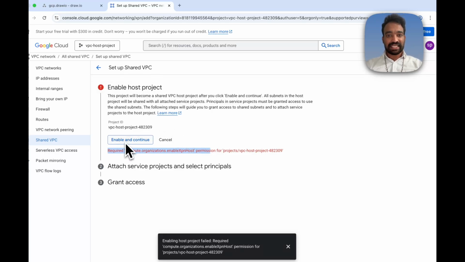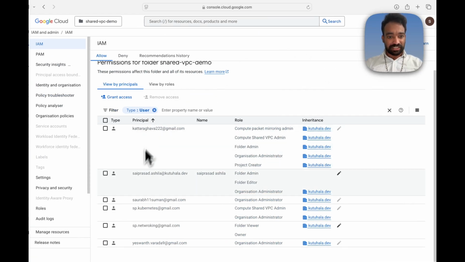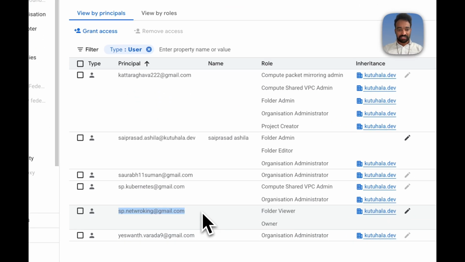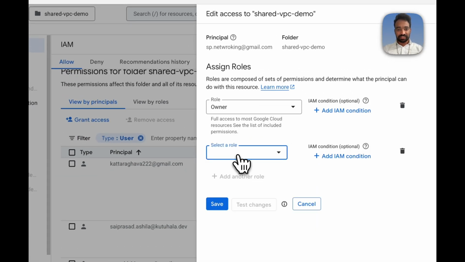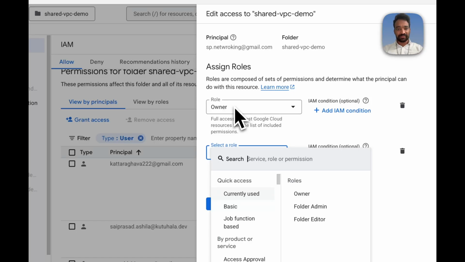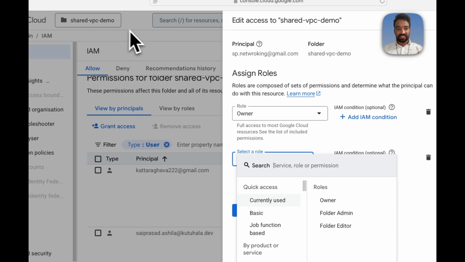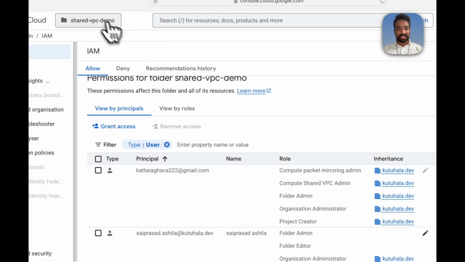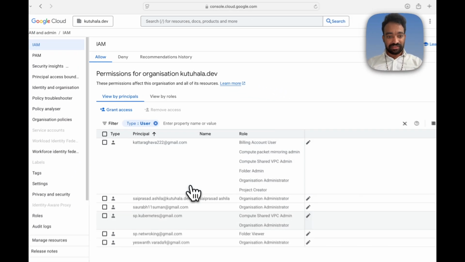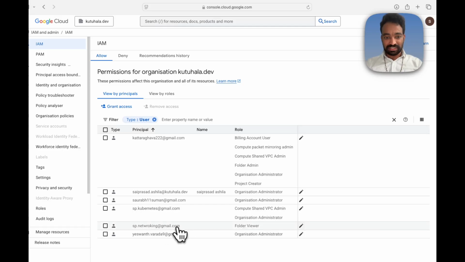What is that? It is XPN admin, like the cross project networking. So if we want that as a super admin, we can get to this point where we have our user. Being an owner for that project will not suffice. He has to be not on this folder also, but he has to be on the org itself. On the org for this user, the networking